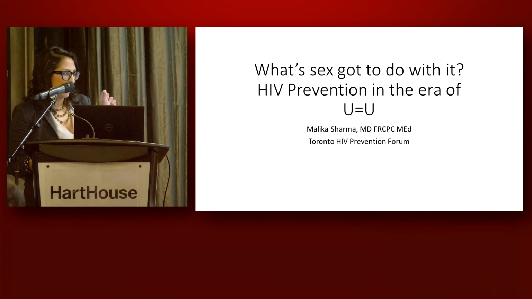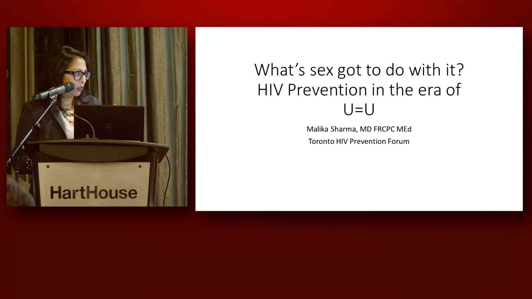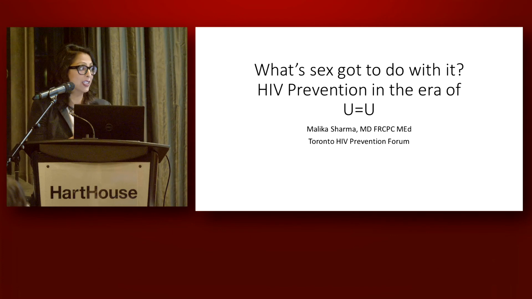And then the other piece that I'll add to that is all of this U equals U means that people have to actually stay U, which means they have to not have concomitant syphilis, gonorrhea, chlamydia, and that means we actually have to test for all of those things in all the appropriate sites, right? So testing at all potential sites at a regular interval, and that's like another soapbox that I can get on, that's not necessarily happening in all places. And so if we want to talk about U equals U and actually make it happen, then I think that as clinicians, we also have a fair bit of work to do to make sure that U truly does equal U.